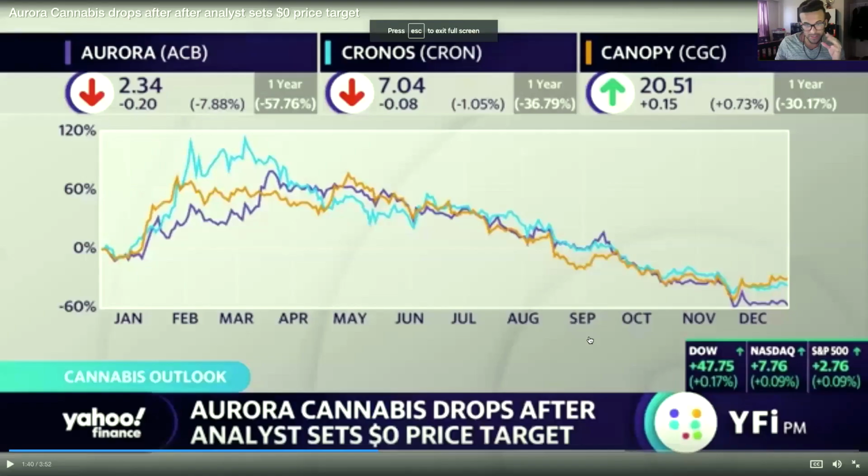So I kind of want to look at this chart right here, and there's a huge difference. Here we have Cronos and Canopy, which are the two companies that have landed those billion-dollar deals. And you can see the difference. The purple is Aurora, the blue is Cronos, and the yellow-orange is Canopy. As you can see, Cronos and Canopy have almost always been above Aurora. Aurora did have their little peak moments, maybe right here and there. But right now, present day December, you can see Cronos and Canopy way up there and Aurora all the way down here.